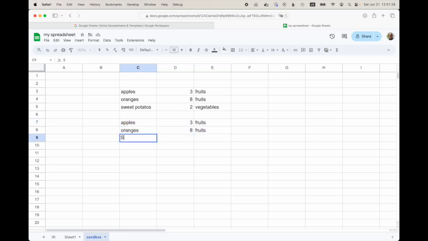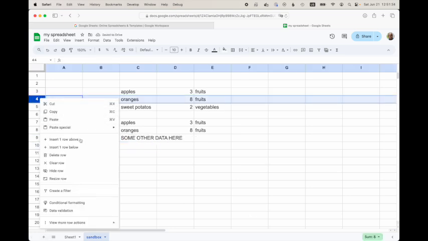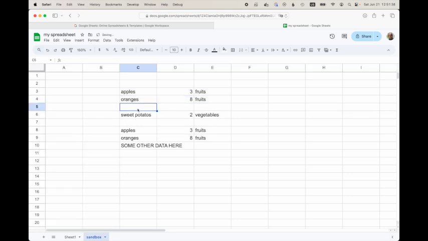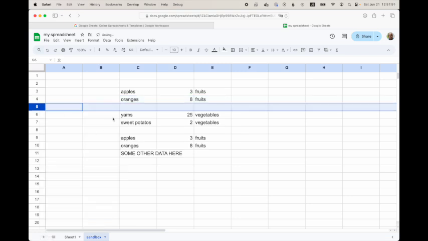And there could be some other data here. Now again, the problem is going to occur if we add a row. Let's say we add a row of vegetables, and let's say yams 25, and yams are vegetables, it's not going to change this because we're only getting fruits. But if we add kiwis here,